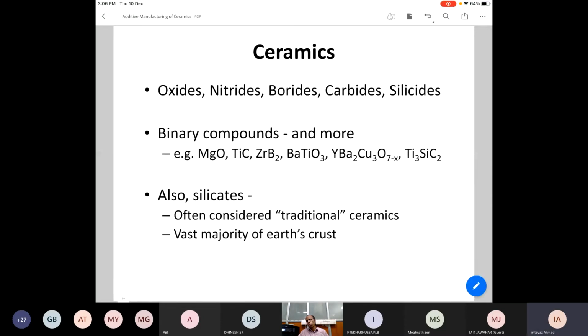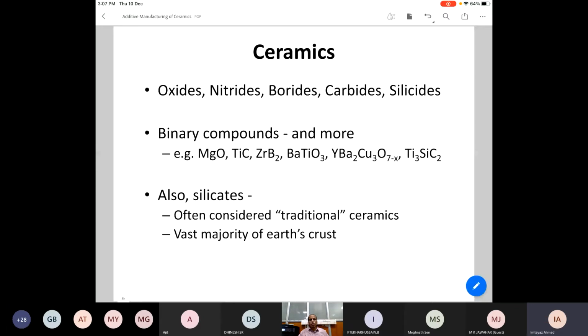So ceramics are generally classified as oxide ceramics, nitrides, borides, carbides, or silicides. You have binary compounds which contain two elements, for example MgO, TiC, alumina, zirconia, zirconium diboride. Then you have three elements, more than one, or a mixture of two compounds basically. So in this case, for example, if I look at here,